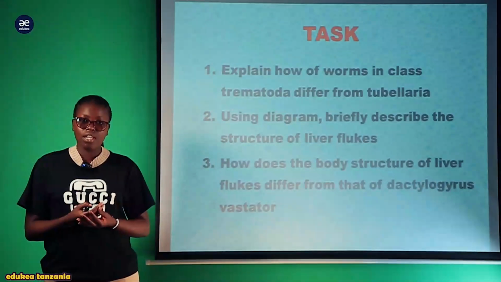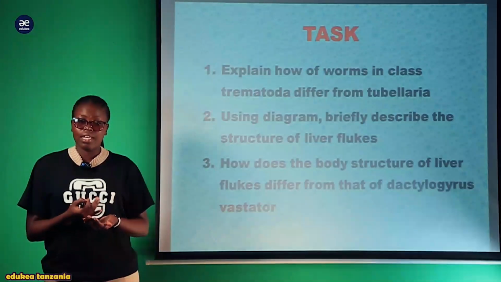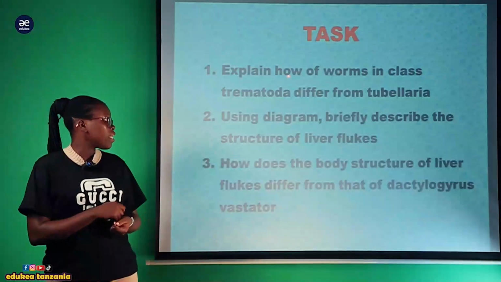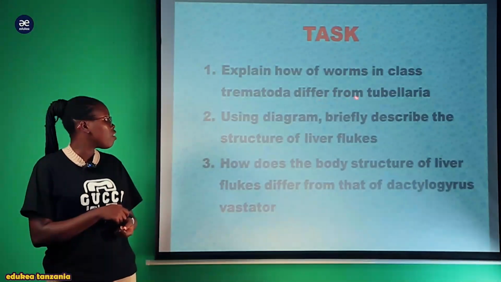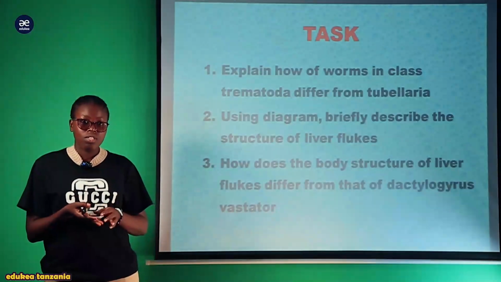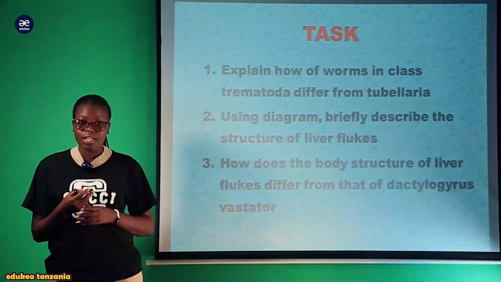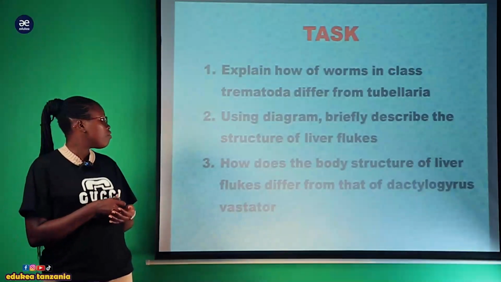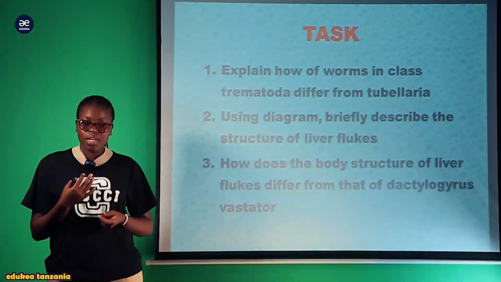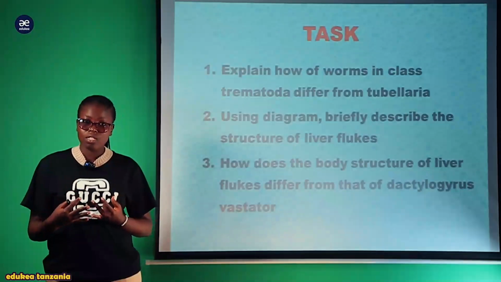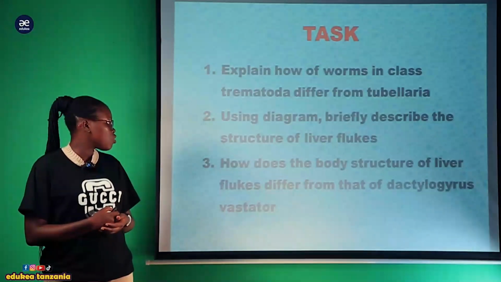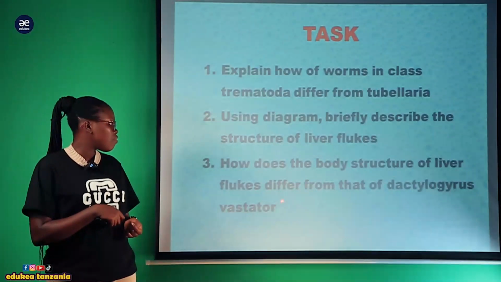But before I sum up my session, I would like to give you this simple task. Please take a note so that you can improve your understanding. My question is, explain how worms in class Trematoda differ from Turbellaria. Where in class Trematoda is where we see the liver fluke, lakini katika Turbellaria tunaweza kumwona kina planaria. How do they differ? Vile vile, using diagram, briefly describe the structure of the liver flukes. Kwa kutumia diagram, meaning that tumia maelezo pamoja na maelezo, baada ya maelezo chora na uweze kudescribe the structure of the liver flukes. Na swali la mwisho, how does the body structure of the liver flukes differ from that of the